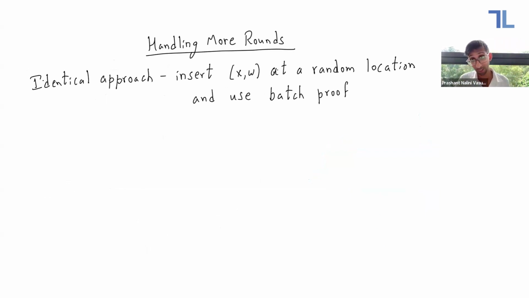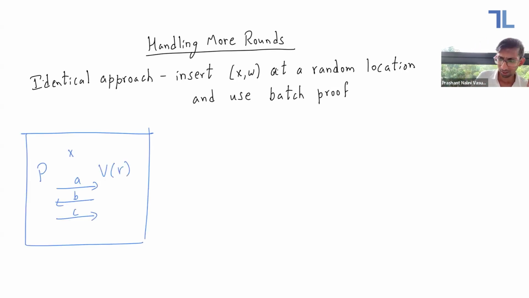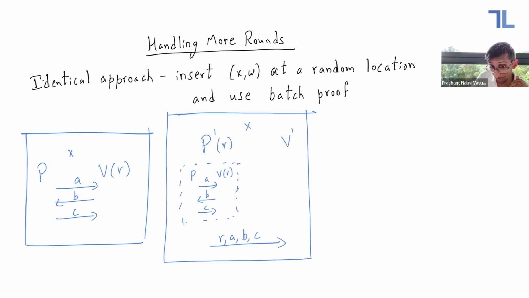And there the construction remains pretty much the same. What you're going to do is still the same. You're going to sample this x1 to xt, w1 to wt, and then take your actual x comma w, put it at a random location, and then just run the batch protocol on this instance that you have just constructed. Right? That's what the protocol constructed is always going to look like. Completeness and soundness again follow very easily, and you can reduce the argument for witness indistinguishability to the non-interactive case,